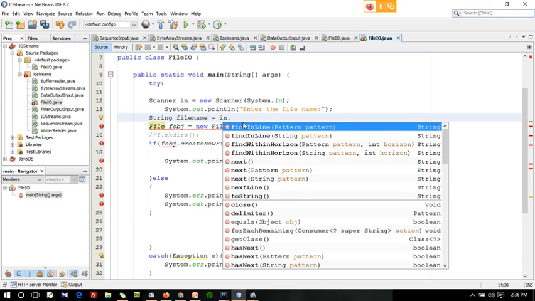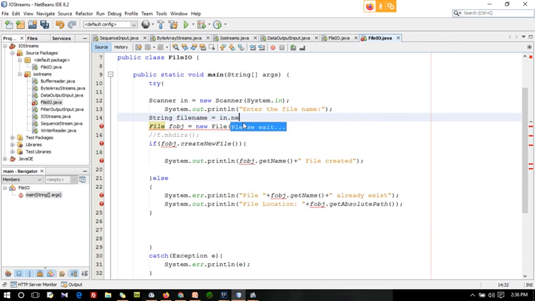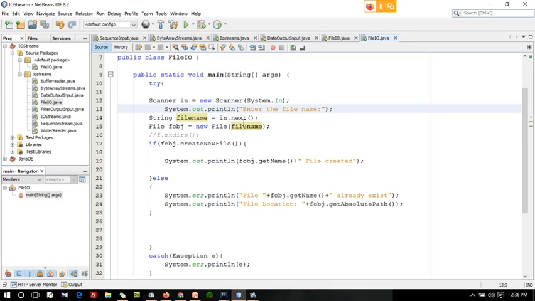Equal to in.next. So in this System.out.println, I am asking the user to enter the file name. Here I am not giving any locations, guys. In the previous example, I specified the location D Kevin and the file name. Here I am not specifying any locations like D colon or E colon, and at runtime I am going to get the file name.